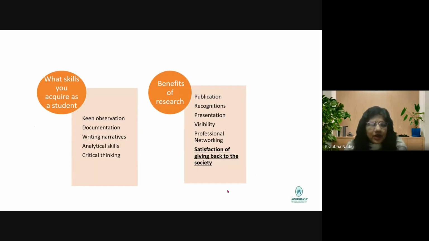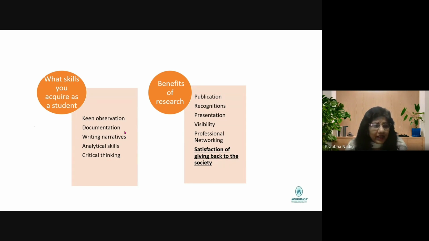What skills do you acquire as a student if you do research? So I feel you will get keen observation skills. You will learn how to document. Everything should be written down. Yes, one more thing is the data. If you have planned for 30 patients, you must get the data of 30 patients. You cannot take 10 and extrapolate and assume that whatever I'm seeing in 10 will be seen in 30. This is a common mistake. No, it cannot be done like that. It's unethical also, and it's a wrong interpretation.